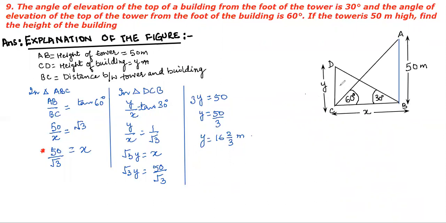So there are two vertical things in this question. One is the tower and the other is the building. Now first of all, we have to analyze which one is taller. It is a general observation also that the tower is almost higher than the building, but something is there that will give you the idea. Now he is saying that the angle of elevation of the top of a building from the foot of the tower.